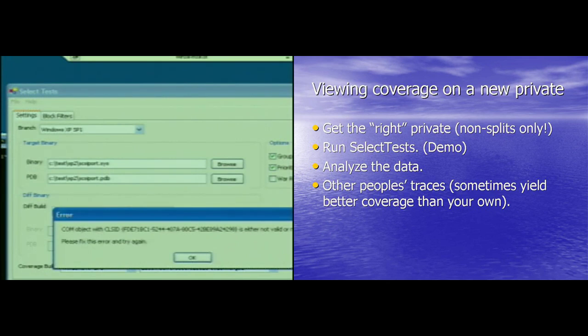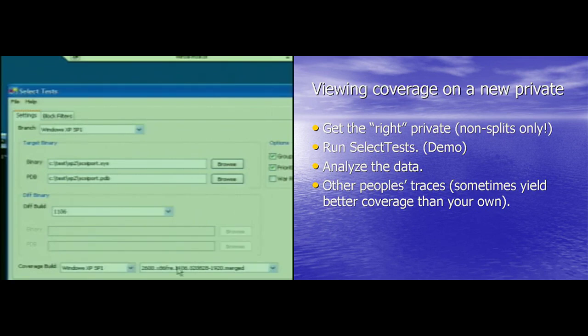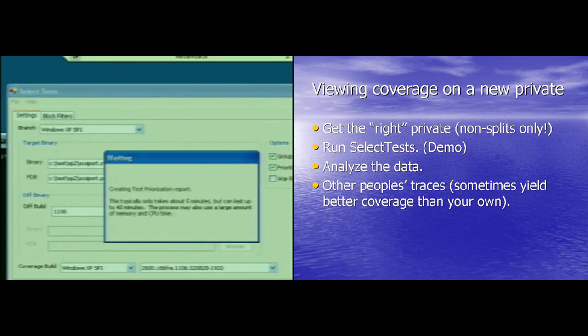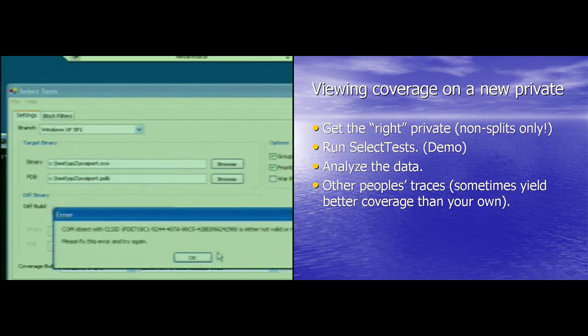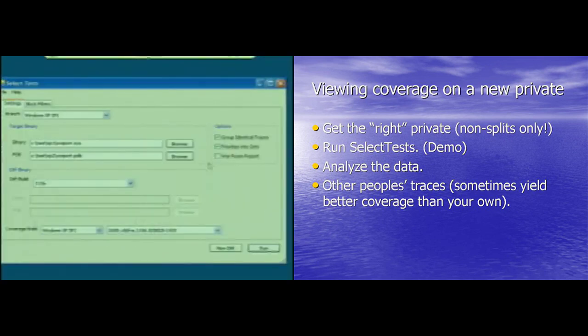Well, I don't know if this will necessarily work, but let me try a different database. No, I don't think this is going to work. Sorry about that, guys. But if this were to work, it would generate a report